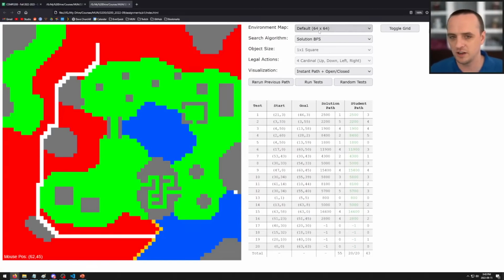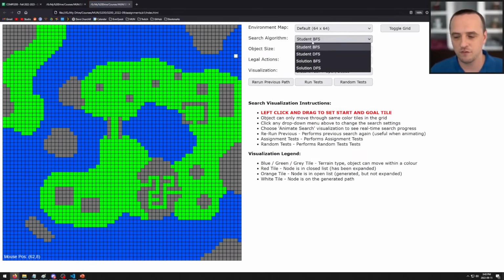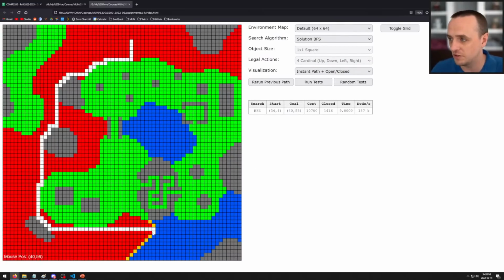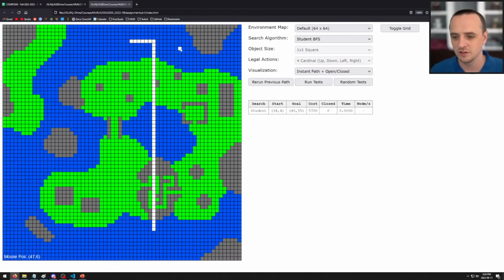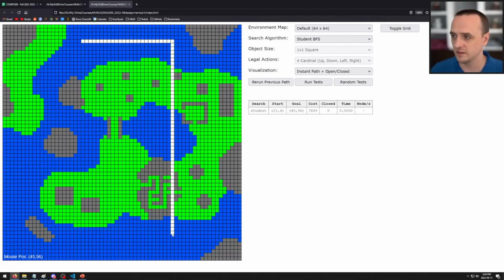Okay. The last thing that I'll show you is what happens by default when I just load the assignment. Well, we have 4 options here. We have student BFS and DFS, and we have solution BFS and DFS. If I choose solution, it gives me the correct path. But if I choose student, it just gives me this L shape. Okay, so the reason it does this is because the student code is not finished yet. In the sample code that I've given you, I just create this L path. It's your job in this assignment to turn this obviously incorrect path into the correct path by implementing breadth first search and depth first search. Okay,